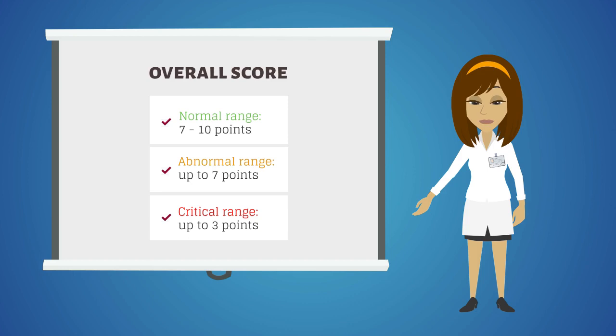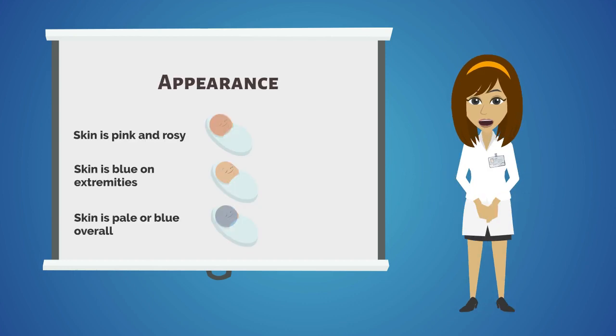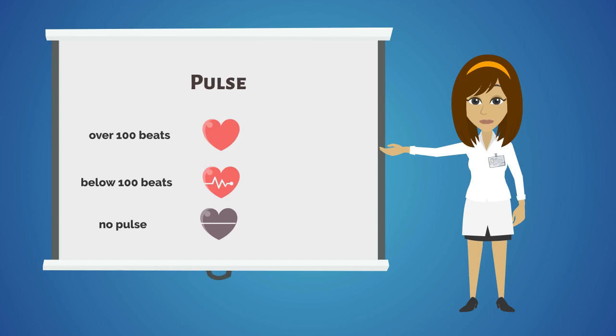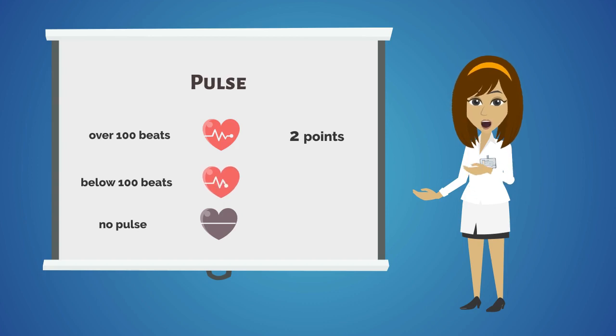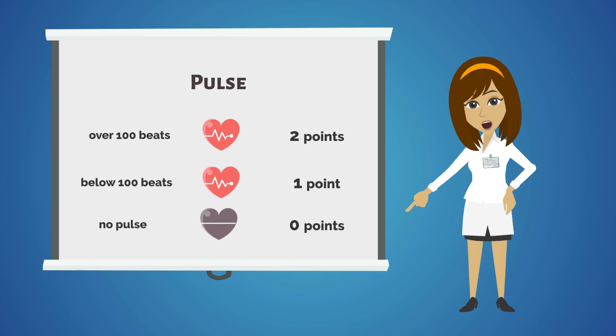Now, let's look at how to assess each of the categories. To assess appearance, as a medical professional, you look at the color of the skin. If the child is pink and rosy, 2 points are awarded. However, if the skin is blue in the extremities, only 1 point is awarded, and if the skin is pale or blue overall, 0 points are given. For pulse, the optimal heart rate that constitutes 2 points is over 100 beats per minute. If the pulse is below, 1 point is given, and if there is no pulse, no points are taken into